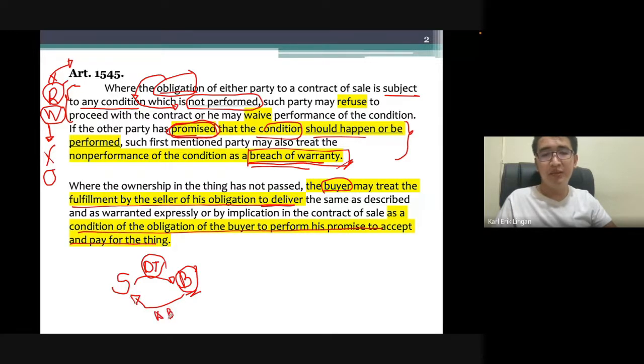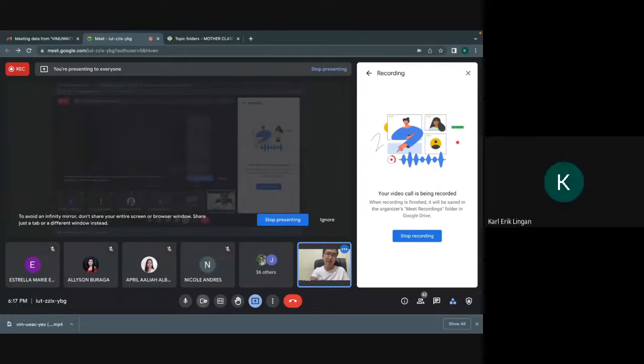And pay for the thing. So, ang ibig sabihin niya, since nag-deliver na siya, that is high time for me to pay the thing. Wait lang ha. Merong mga